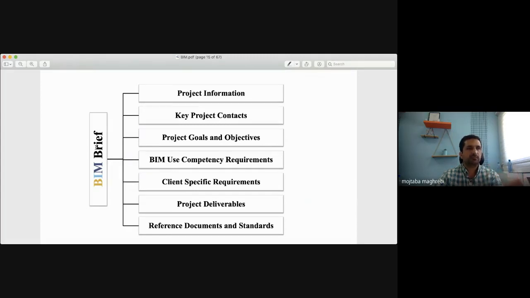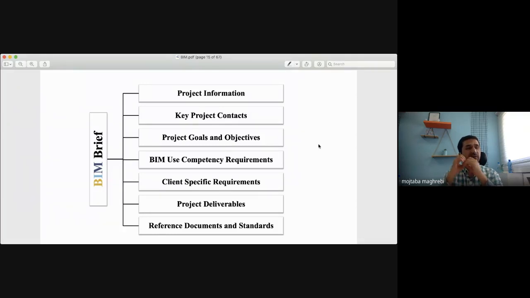If you want to put it in a BIM brief, you could include these six elements: the project information, what the project is, where it is located, who is going to invest in it, who the potential buyers or operators are; the key project contacts, who is the manager and who is in charge of correspondence; the goals and objectives of the project; and BIM use competency requirements, as I say, for energy or something like that.